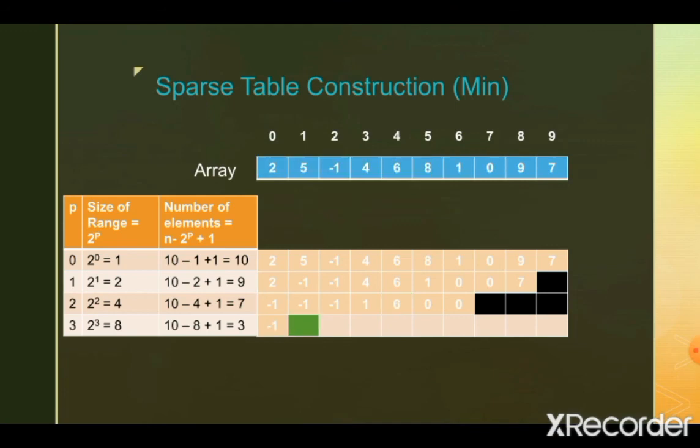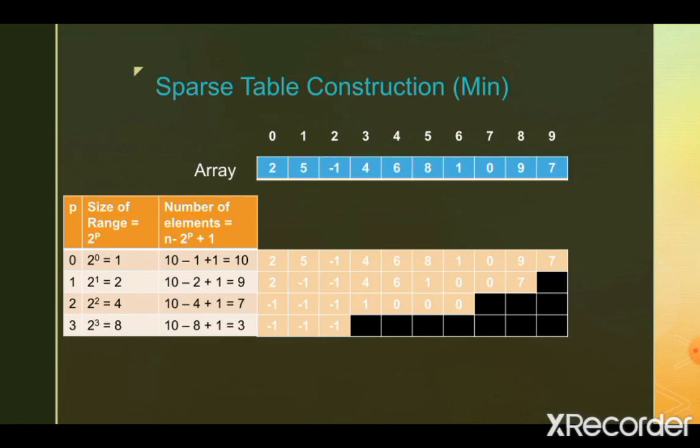In this way, we can compute the values of the second element as well and the third element as well. Now here we have reached the end. We cannot proceed. This is the last range possible in the final row. So remaining elements are blank. So the final row contains only 3 elements in it.